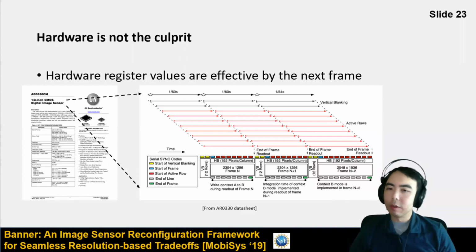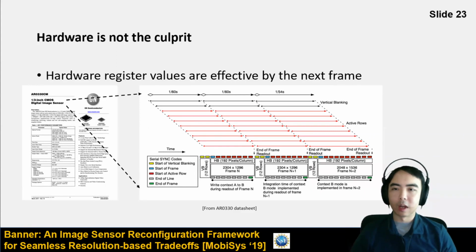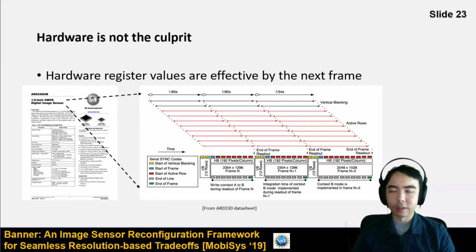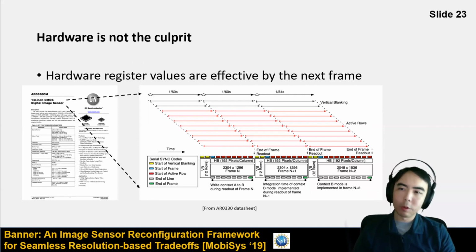In hardware, you can change the resolution on the fly, and it can do so without dropping a single frame. The data sheets show that you can change the hardware registers, and by the next frame, the sensor will change its resolution. It'll change its characteristics. It'll start reading out data the way that you want it to. So hardware is not the culprit.